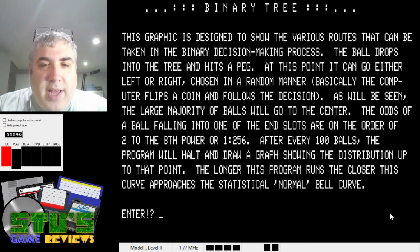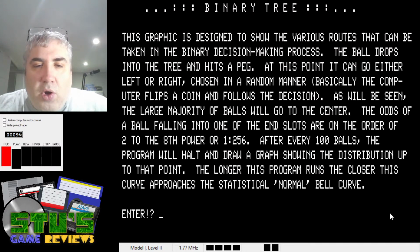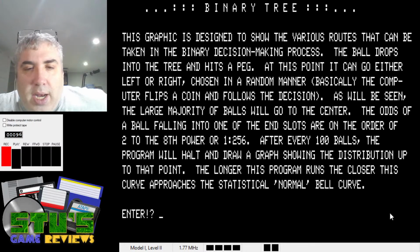The odds of a ball falling toward the end slots are of the order of 2 to the 8th power, 1 over 256. If you have 100 balls, the program will halt and draw a graph showing the distribution up to that point. The longer this program runs, the closer this curve approaches the statistical...